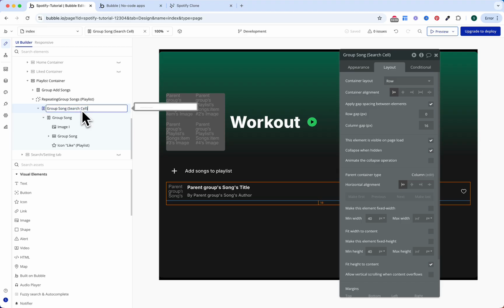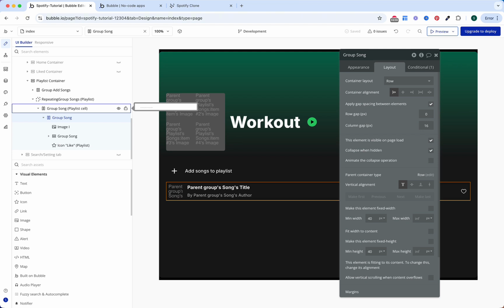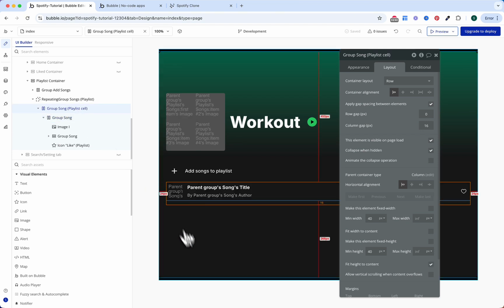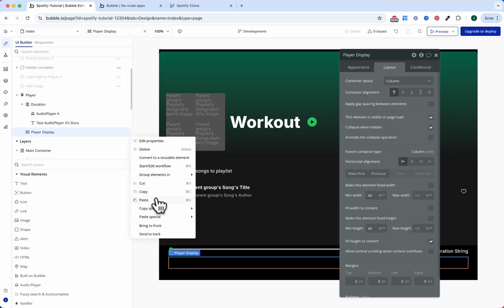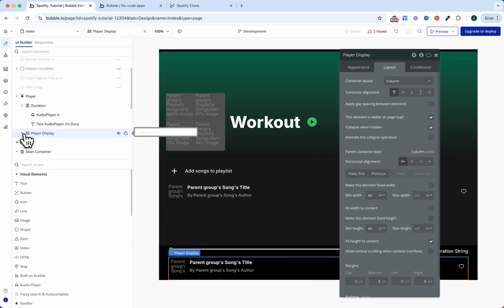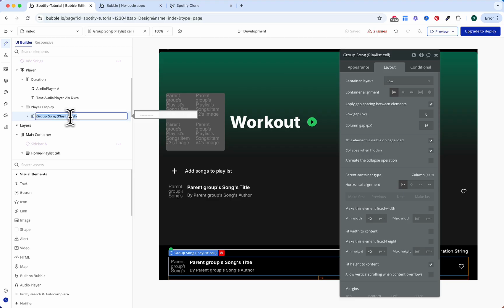I'll change this group's name to be the playlist cell, because this is the playlist cell. I'll copy this group and paste it inside the player. So here in the player display, I'll just paste it. I'll open this player display and change the group song to be the player